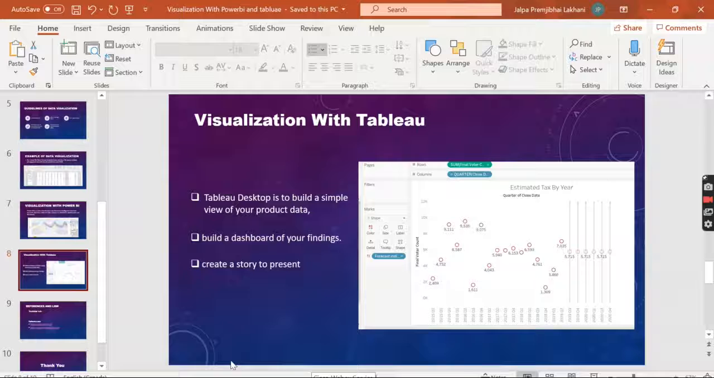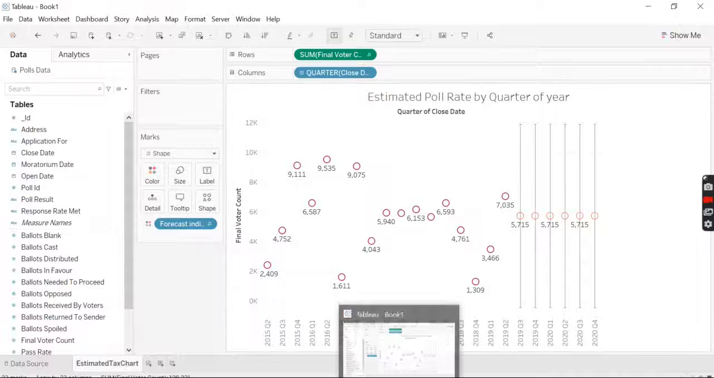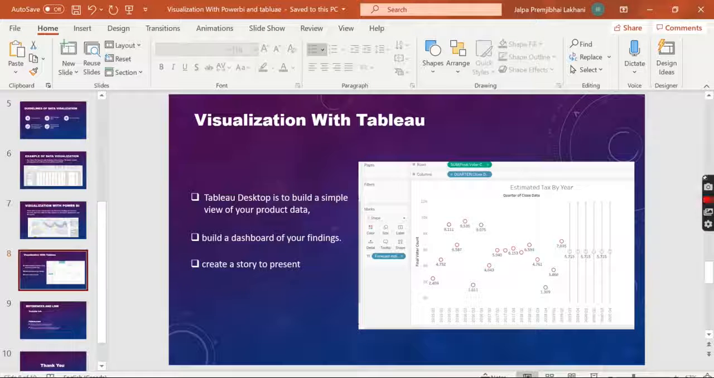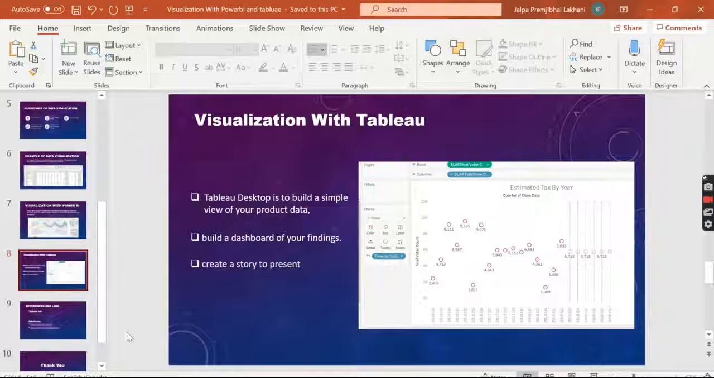the next is visualization with Tableau. Tableau is also one kind of tool that provides us dashboards to represent our data. This is my Tableau. You can see that here I choose the sum of final water count on rows, and here in quarter format on columns. You can customize the color and size of your chart. And at this point, this is really interactive, and you can see the forecasting on my chart, and you can play with the data. Here is my field. Back to this slide,